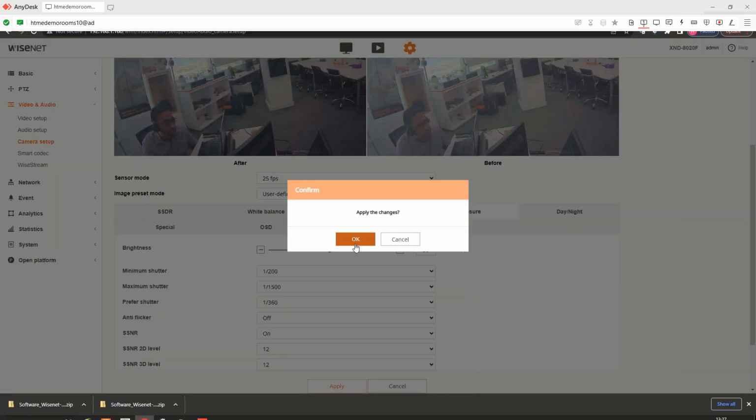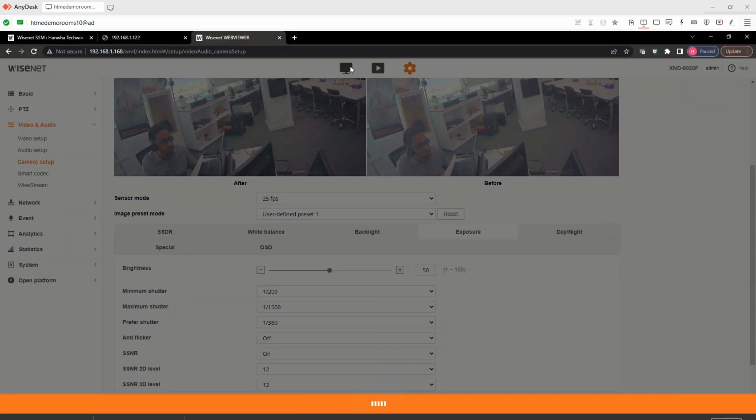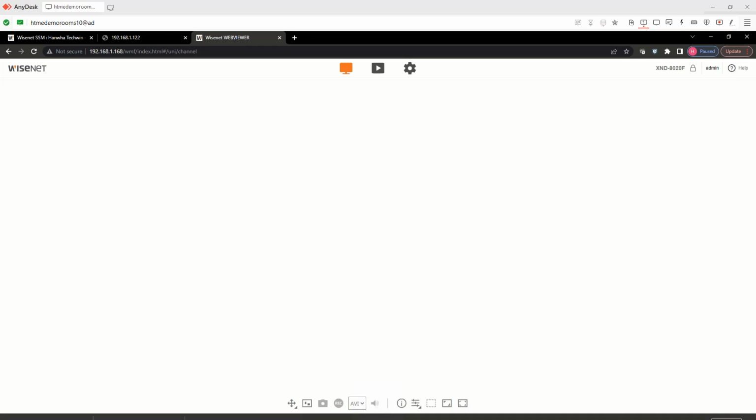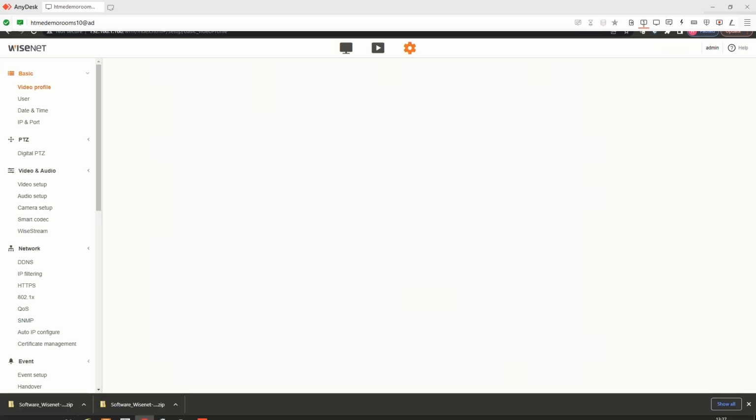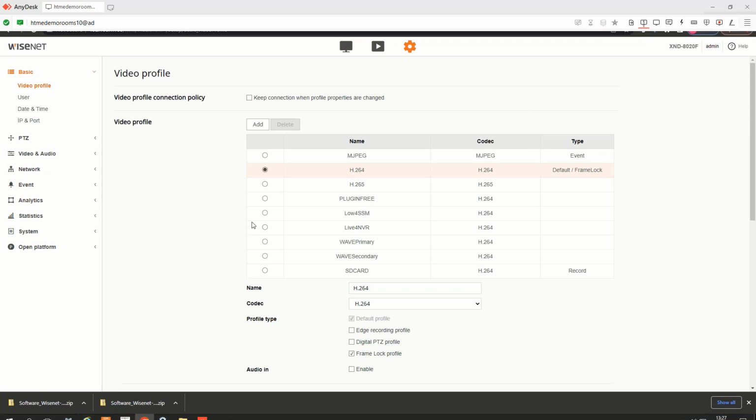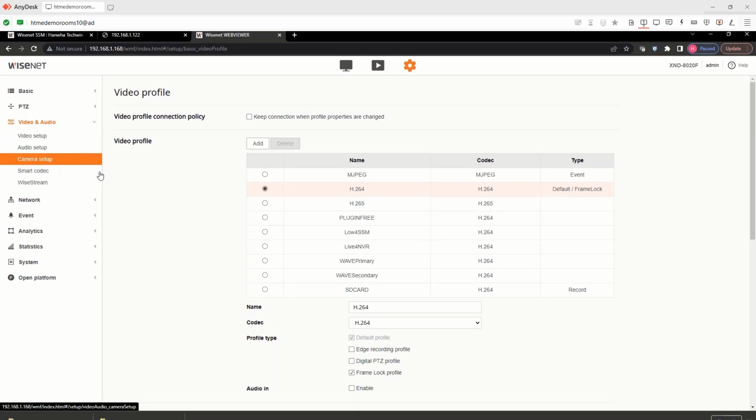And just let's go back to the live view. Okay, now let's see. Okay, you don't see much blurring. So as you increase the shutter speed, you are able to capture the fast moving objects. That is the first thing. Next is to check the